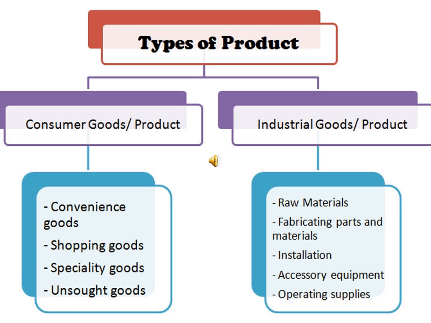So lastly, we have operating supplies. These are not part of final products, but they are required to continue the production process, such as light bulbs, pen, paper, computers, anything that is indirectly connected to the final product. These are not required in making the final product or are not an input in the final product, but they are equally part of the final product as they are helping the final product being produced, such as light bulbs. They give us light and so the production can go on. So such products are known as operating supplies.